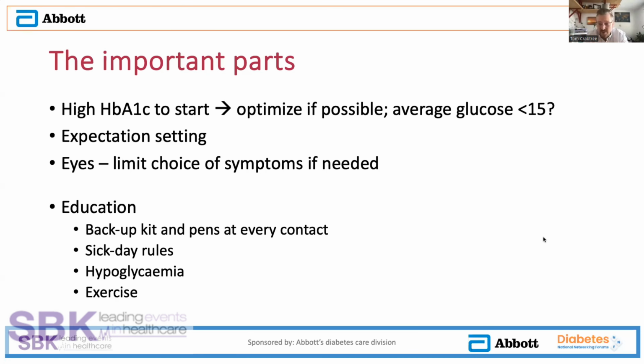The next question, and one of our big worries as clinicians, is often the impact that closed loop can have on people's eyes. We know that early worsening of diabetic retinopathy is a thing. It's a concern for us. It's a concern for patients. What I've tended to do with people with significant retinopathy, so anyone who's got M1 or R2 or higher, is have a conversation about gradually reducing their blood glucose levels, and if necessary, limiting the choice of systems